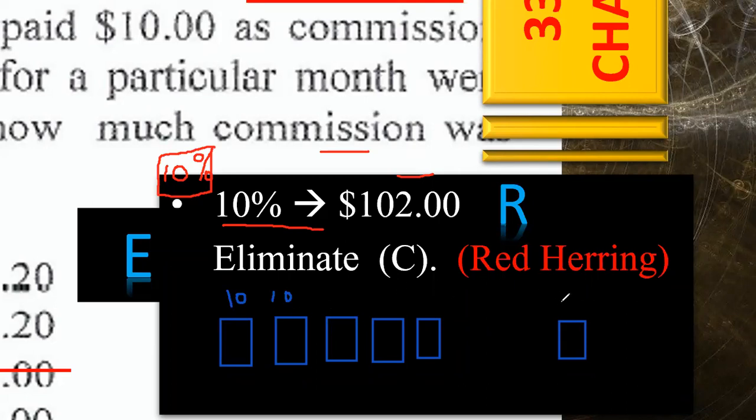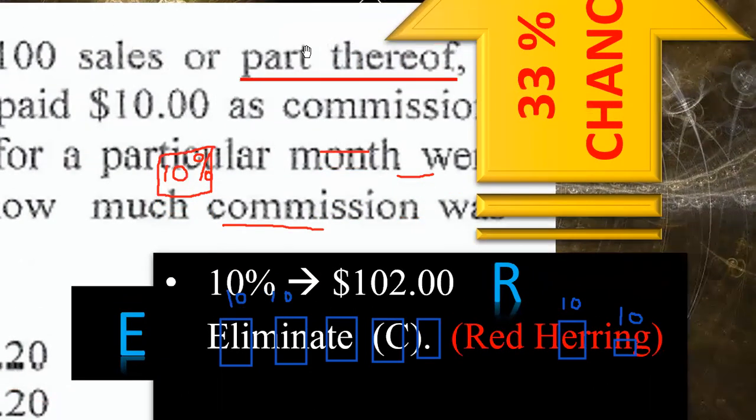right? He gets $100 for the 10 $100 bills, but he doesn't make only 10 $100 bills, right? He also makes $20, which is the 0.2. So he will get $10 for this amount as well, as they say, part thereof. That's what's kind of confusing. Part thereof. So he's going to get